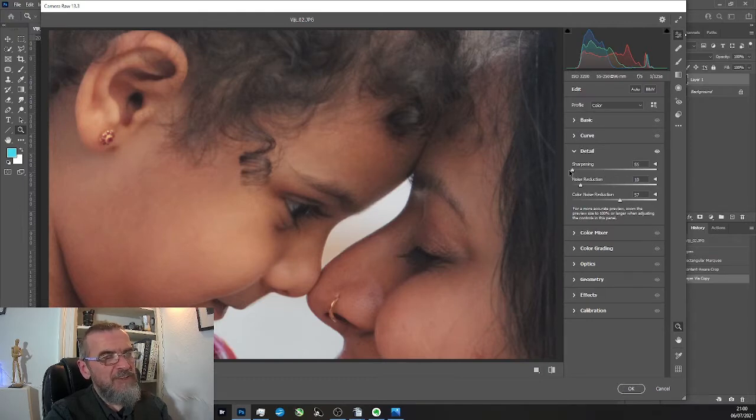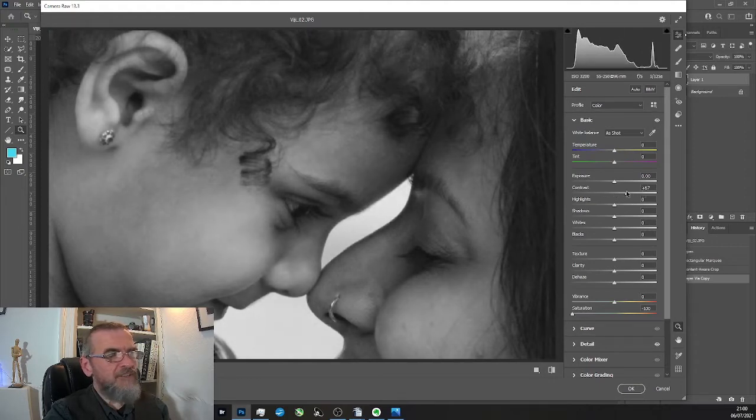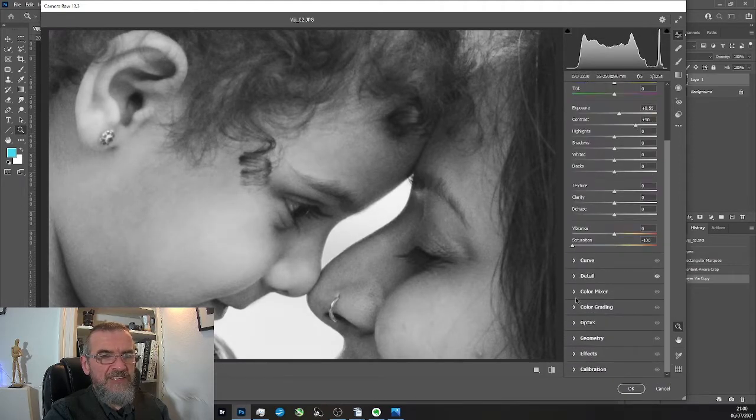If we want to sharpen up the eyes a bit, the problem is we then make it noisy again. So another option, and then we wouldn't really worry about color noise reduction, is we drop it into black and white. Now, at the moment, we want more contrast. So we start playing around with the contrast. Maybe we brighten it up a little bit, and then we play with the contrast a little bit more, something like that. And if we wanted, we could add a little bit of vignette,